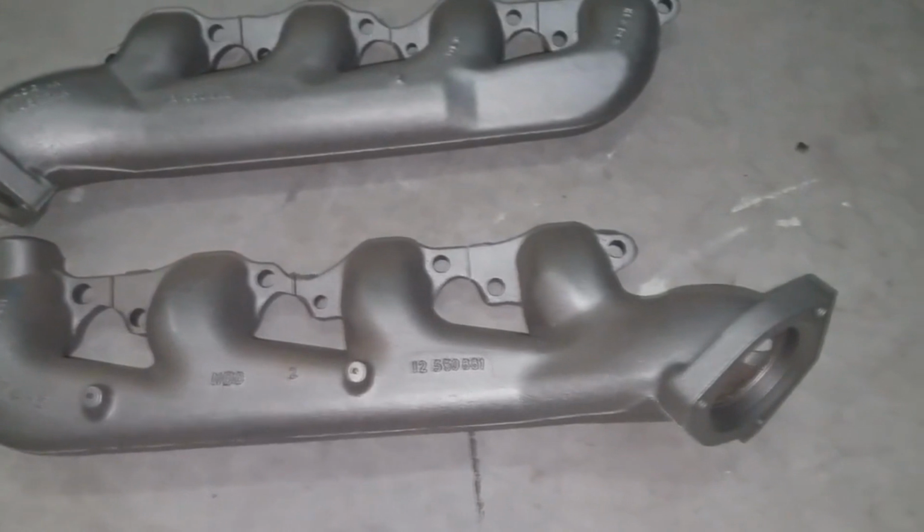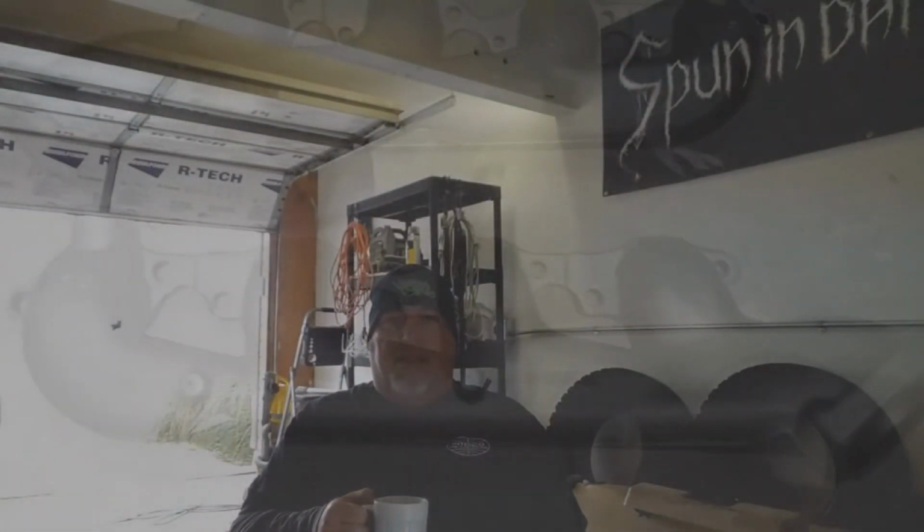The next thing I'm going to do is exhaust. So I'm getting rid of the headers because I just don't want to deal with them. Everybody knows headers leak. They're a pain in the ass. Plus, with the HD shackles that I installed, it's pretty much riding on the headers right now. So I went ahead and ordered some stock exhaust manifolds, and gotta plan this out